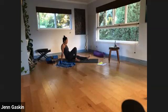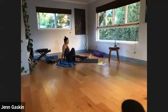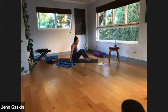You're getting closer to the top of the back of the knee. 3, 2, 1. And then touching the top of the knee pit with the ball. 3, 2, and 1. And then when you're ready, just lie down on your back, take your left leg up in the air,